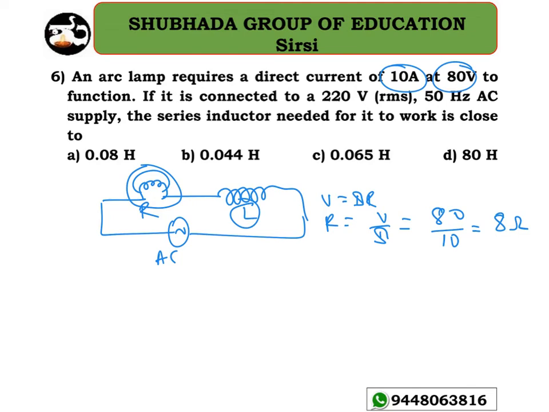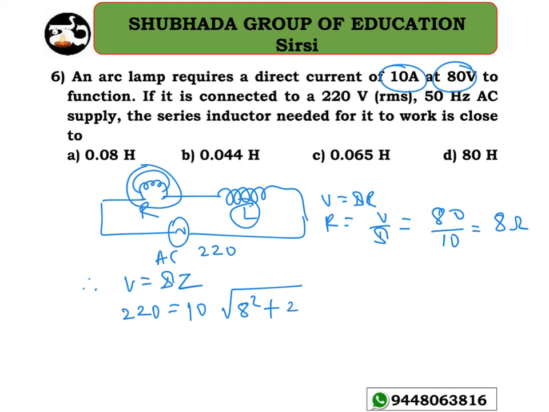Okay, as you know that once the inductance is connected in series, then V is going to be I into Z. So now V RMS is applied. This is what 220 volt is applied. So 220 must be equal to, now I, we have already calculated that. How much it is? 10 ampere current. 10 ampere. Z is going to be how much? Square root of R square, R is 8 square plus XL.